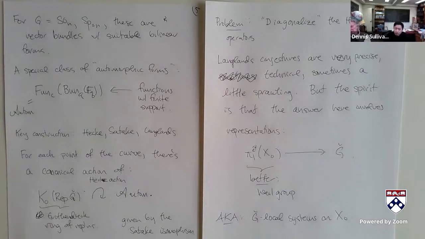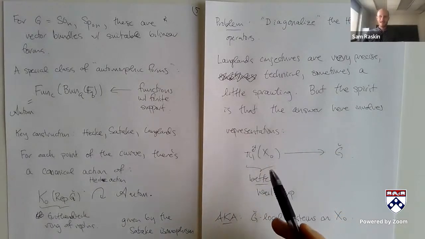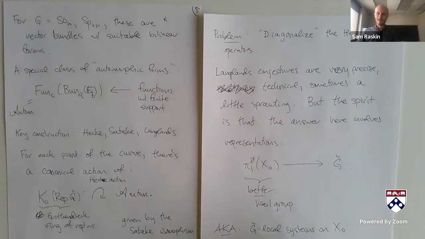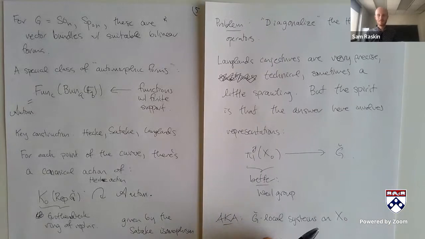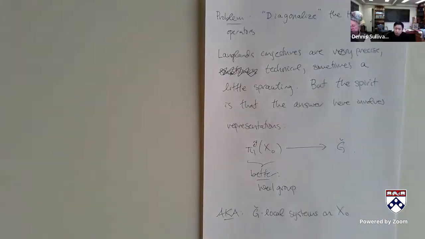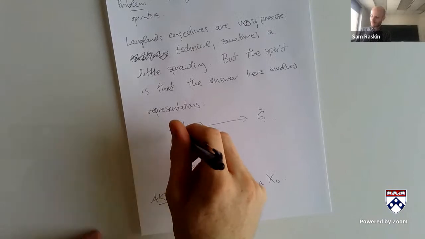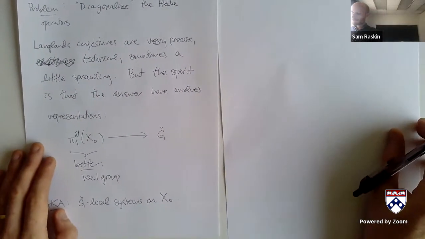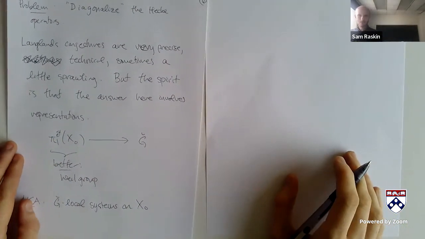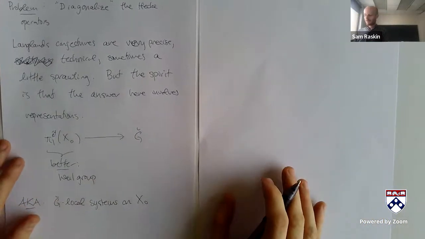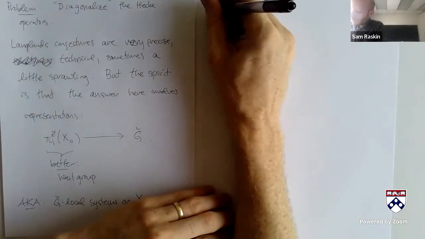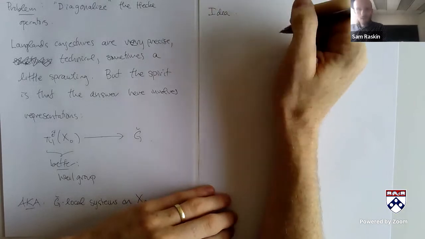I'm writing G-check, but I'm hiding something here: my coefficients will really involve l-adic numbers and things like that, because I want them to have profinite topology, just like pi 1 does. But we'll maybe come to more familiar things in a moment. I wanted to give the overall starting point. So there's an idea of